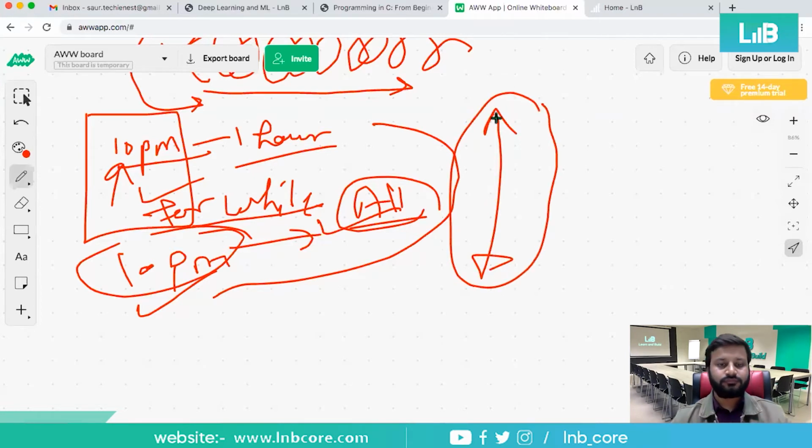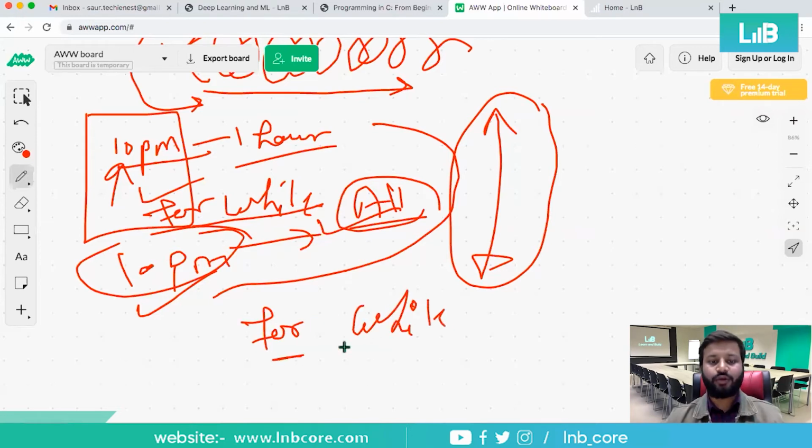So there is a syntax. Syntax means there is a pattern of writing code in C programming. However, this pattern could be different for different programming languages. For R programming language it will be different, for Python it will be different, right? But the concept of using for or while will always be the same.